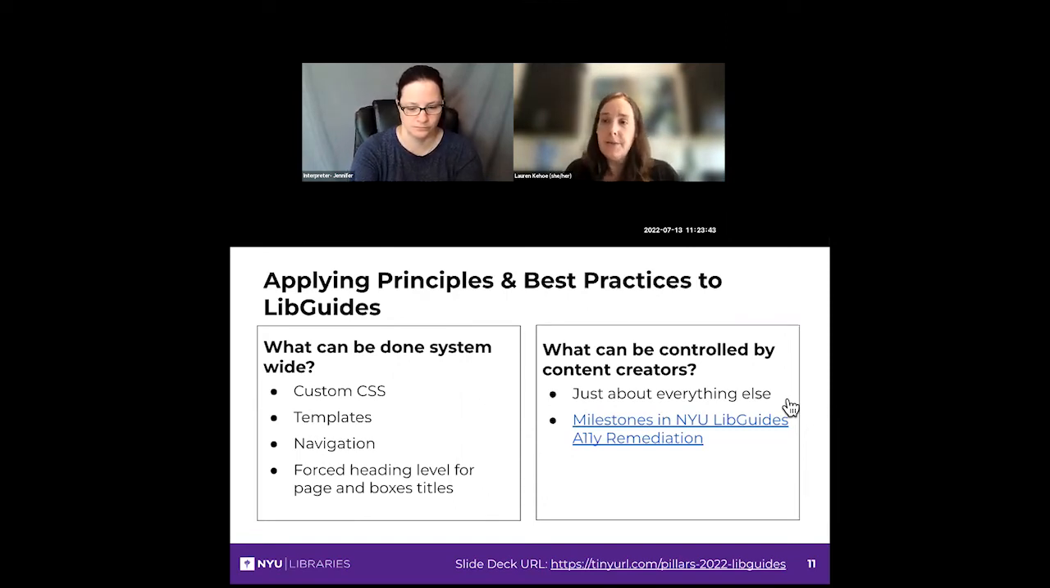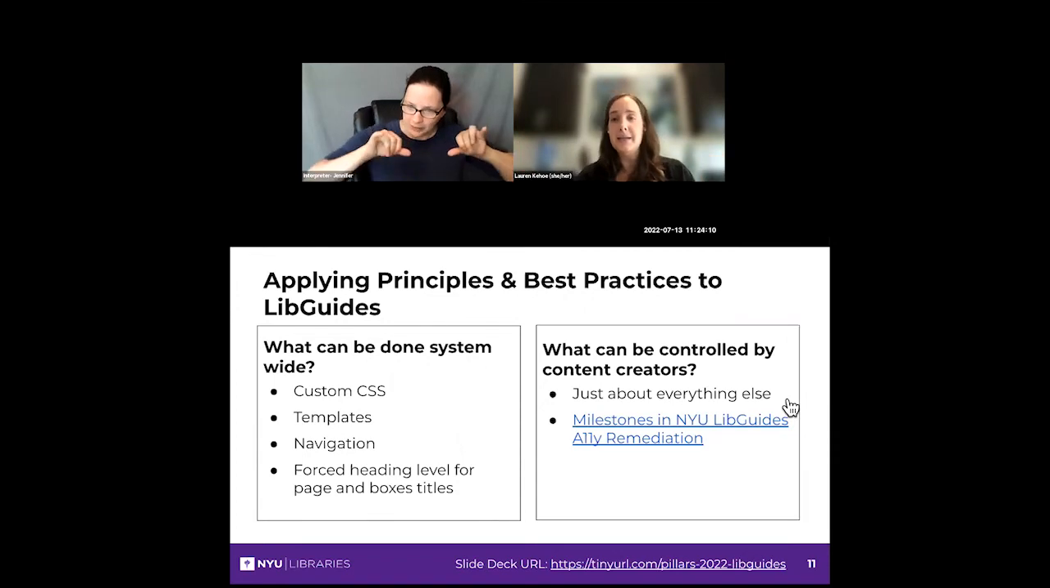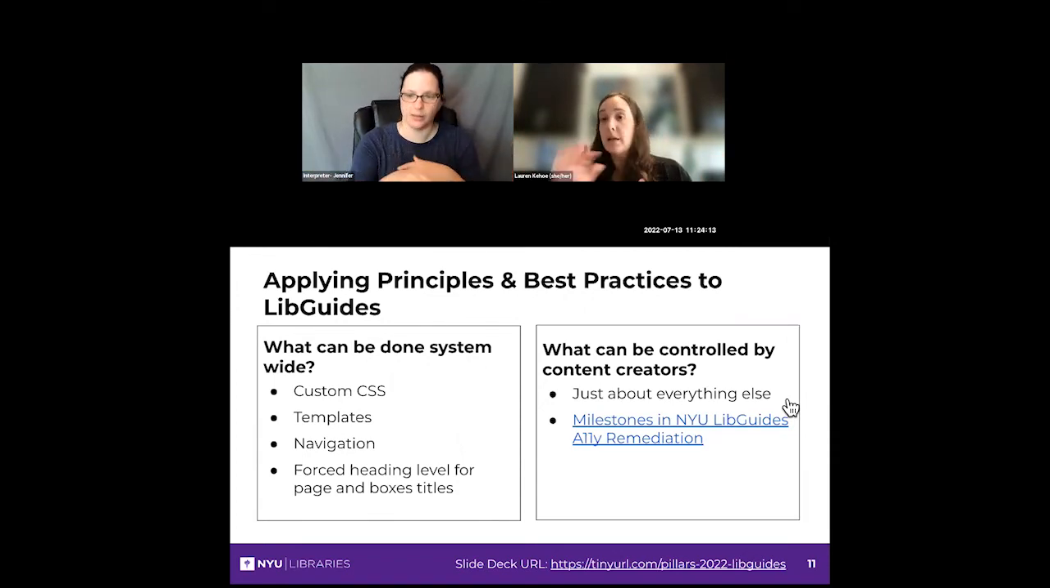Okay, we set fonts and styles. We used a sans serif font. We ensured that the color choices met color contrast guidelines. We updated heading styles to better align with logical heading orders and semantic structure within the content management system. And we told the content creators that they couldn't then go in and apply custom style to their guides. Again, we wanted to keep a consistent and accessible quality of the guides across the system. So instead of custom CSS,